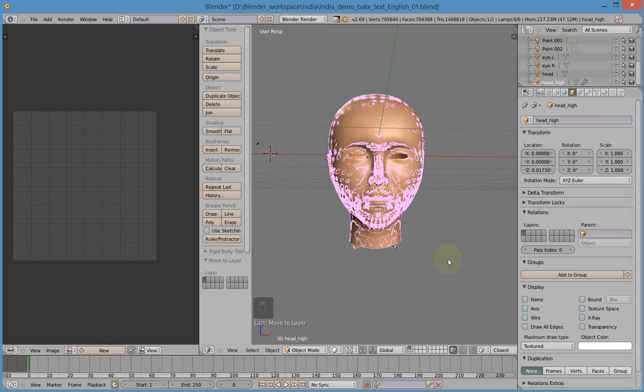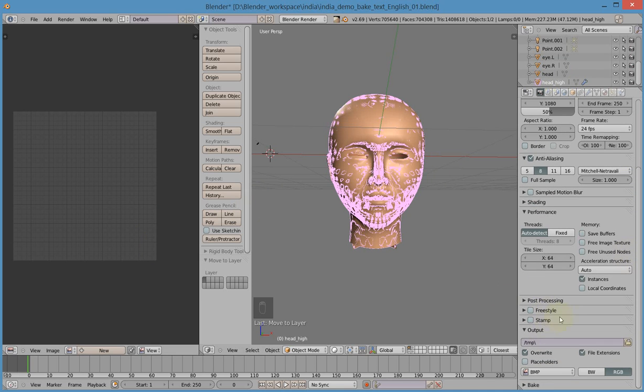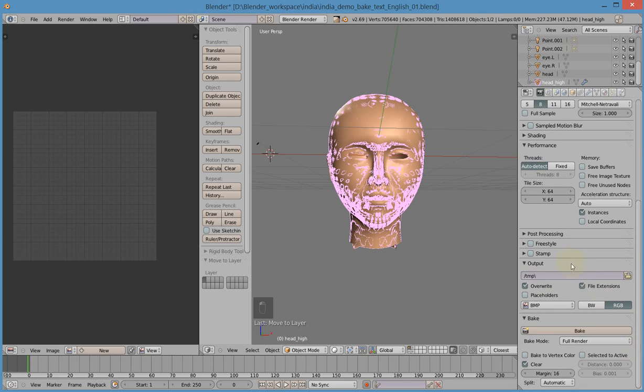So let's do that. How do we proceed now? How do we bake the normal maps? All right, go to the properties panel. In the properties panel here, select the render tab. Scroll down, and at the very bottom you have the bake tab. Scroll down. You select normals, and you select to the active. You check this checkbox here, and then